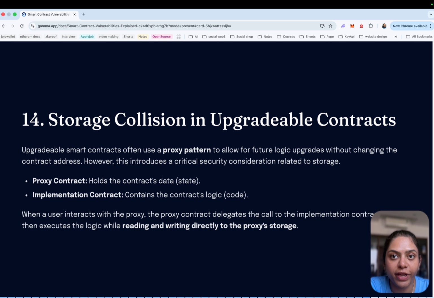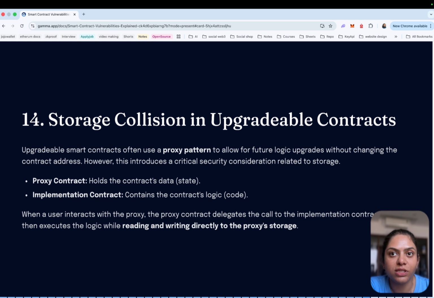When a function is called, the proxy forwards the call to the implementation contract using delegatecall. Because of how delegatecall works, the implementation contract reads and writes directly to the proxy contract's storage. This means the storage layout must remain exactly consistent across upgrades.